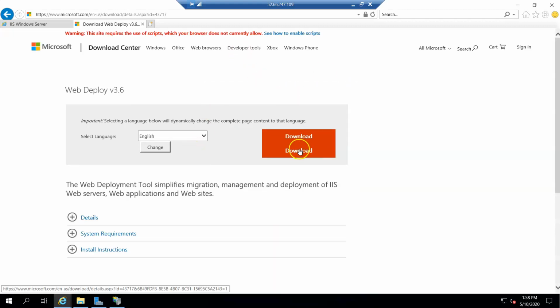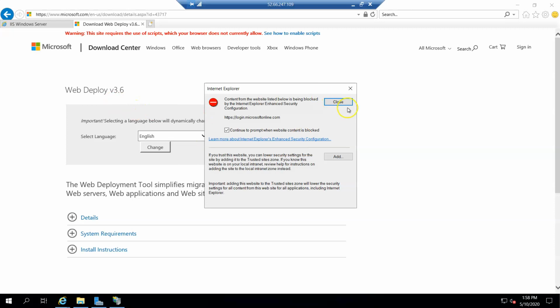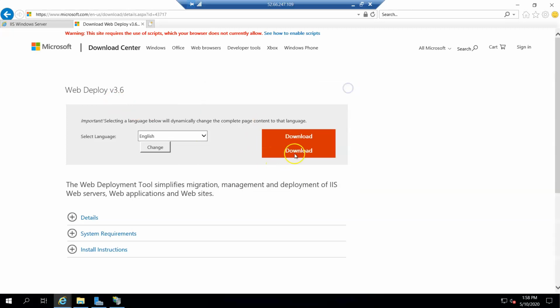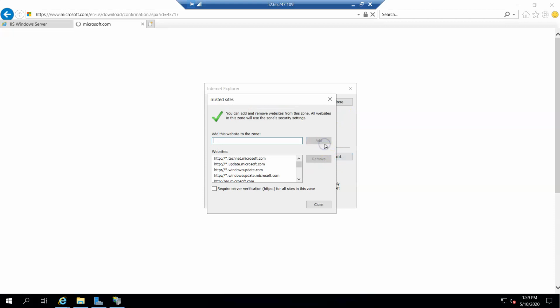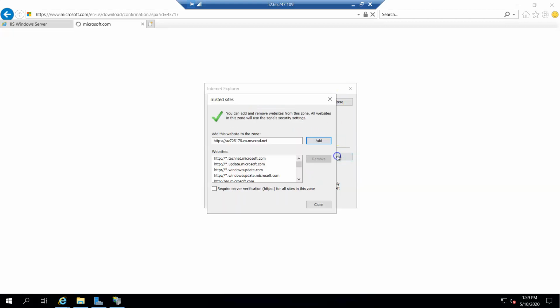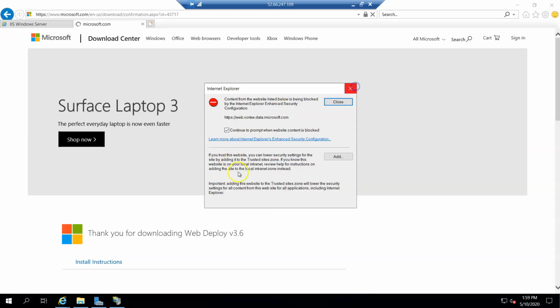So finally we are here to download Web Deploy 3.6. If there are any later versions available, you can go ahead with those. I'm going to download this. A lot of websites need to be added to the trust center.